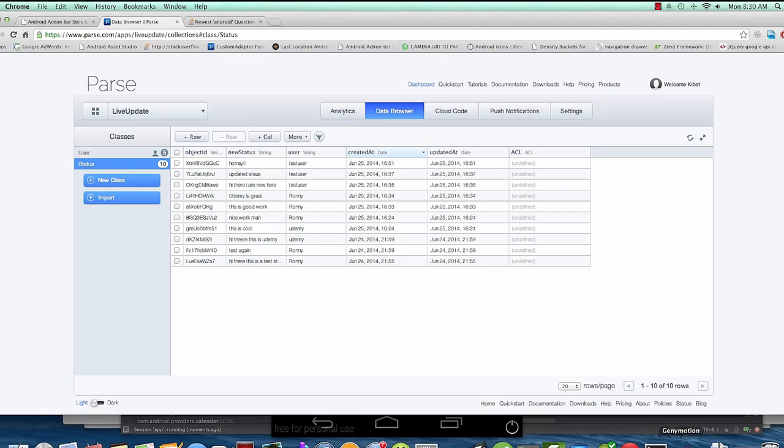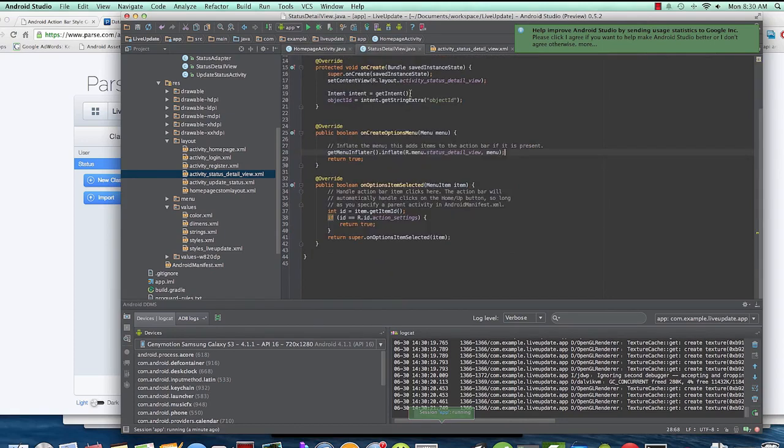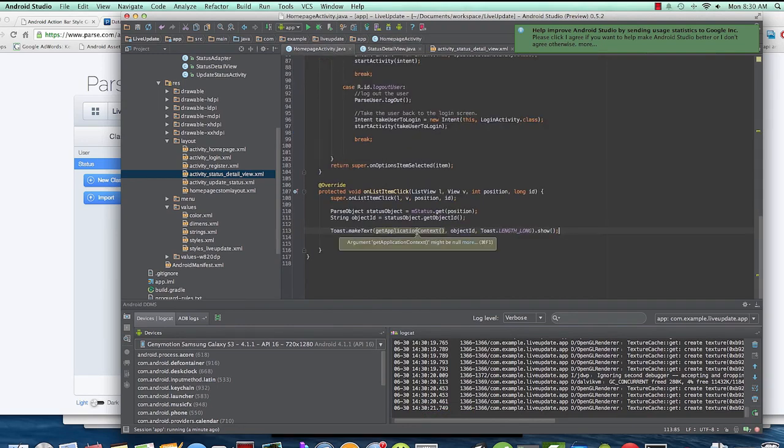Now, what we want to do after getting the object ID of the clicked item is take that object ID into a new activity which I just created called StatusDetailView, where we'll be using this activity to view the detail of the status by fetching it from Parse using the object ID. So let me go ahead and do this right here, and let's get rid of this now since you're confirmed. We're going to say current intent,